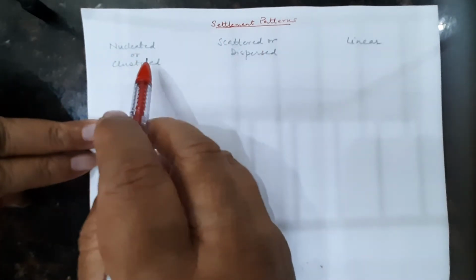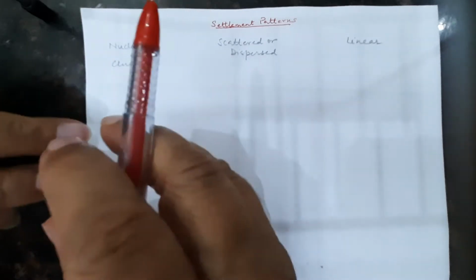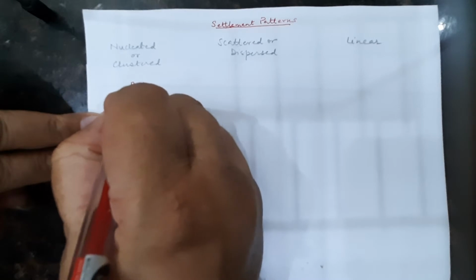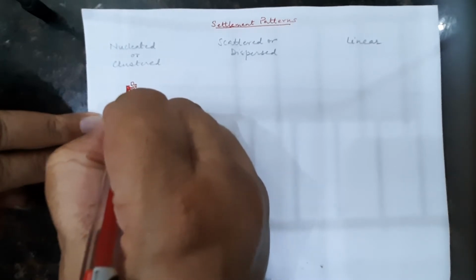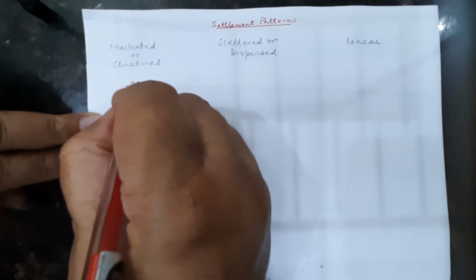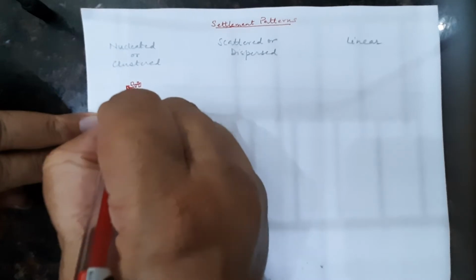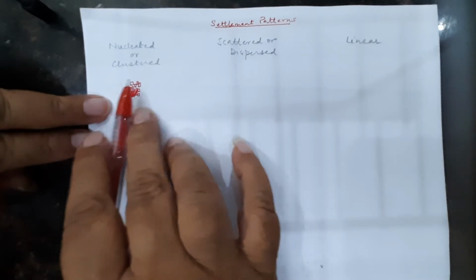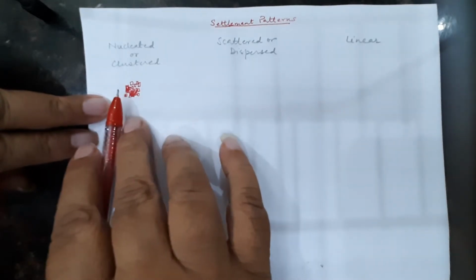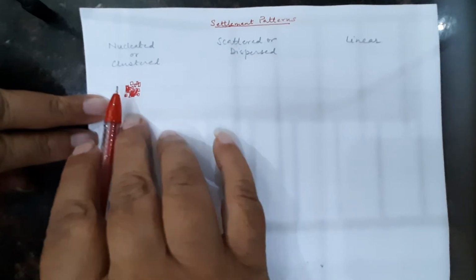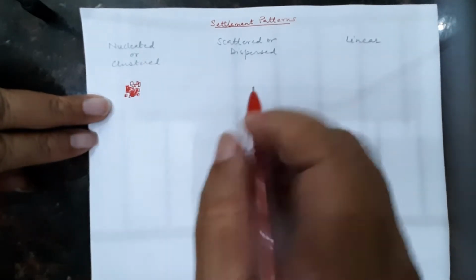Now nucleated or clustered, as the name tells you, all the red squares of the huts are going to be very close and dense, where there may be even some red big colored patches of random shapes. All of these, when they are very close to each other, we call it a nucleated pattern. So lots of red squares, small individual huts or bigger ones are all clustered together. This becomes nucleated or clustered.